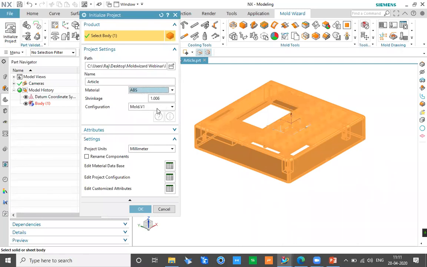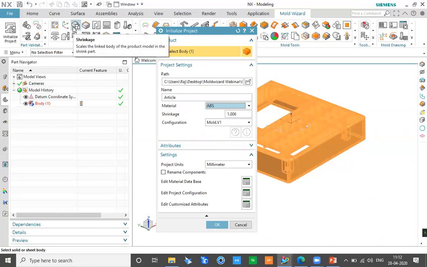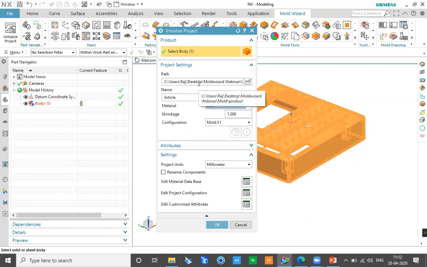So the error which can be created by a designer not applying shrinkage at the correct point of time inside the mold can be automatically solved here. The best part is that later on also we can apply shrinkage as and when required. We have a separate shrinkage tool using which, after completing the entire mold design, if you want to add shrinkage, you definitely can do that. So that can be easily done here.